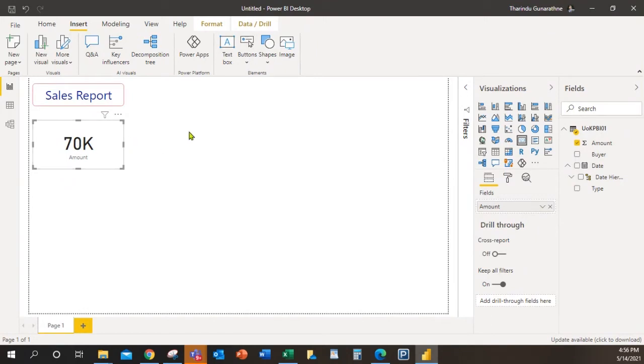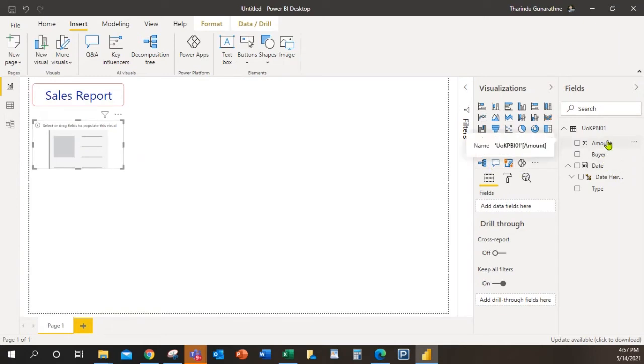We can change it, so I will explain it later. Once you drop it here, it will automatically be added under this field. You can do the same thing: select the visualization, select the field, and drop it here.